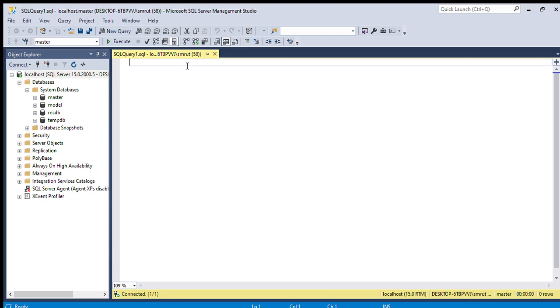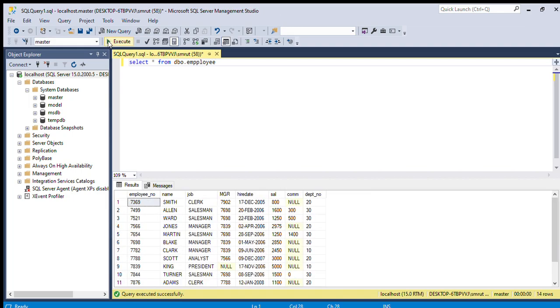So let's get started. Suppose I select all from TPU dot employee. Okay, I get all the rows, all the columns from the employee table. I have the salary column: 800, 1600, 1250. So what I want is the employee number. I get the employee number, but I want